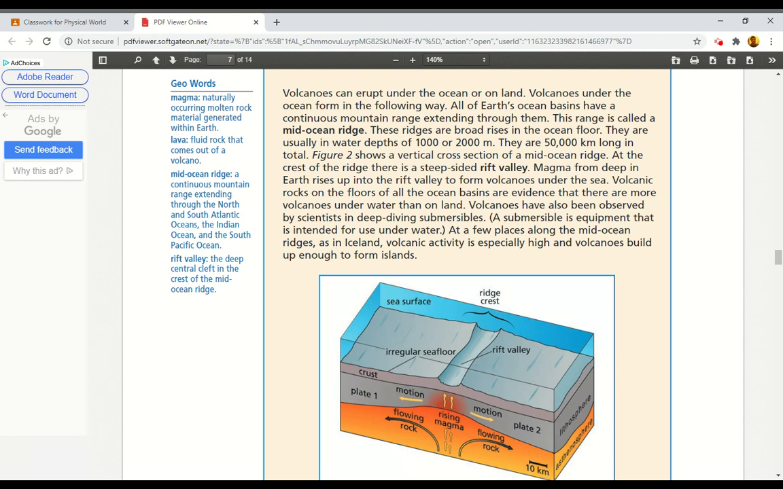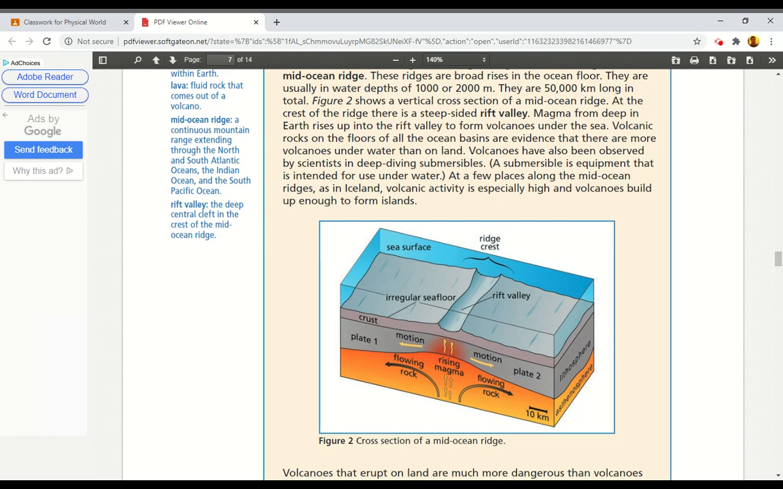Figure 2 shows a vertical cross-section of a mid-ocean ridge. At the crest of the ridge, there is a steep-sided rift valley. Magma from deep in Earth rises up into the rift valley to form volcanoes under the sea. Volcanic rocks on the floors of all the ocean basins are evidence that there are more volcanoes underwater than on